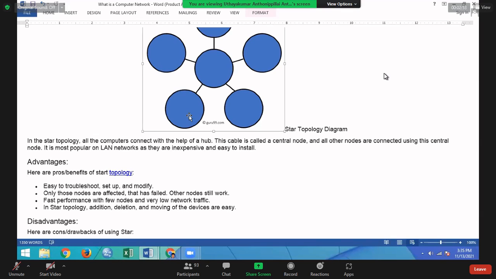So no problem when one computer has some problem. Only you have the problem accessing the internet. The rest of the nodes can easily access, right? So only one node is affected. The rest of the network can work smoothly. Fast performance with few nodes and very low network traffic.